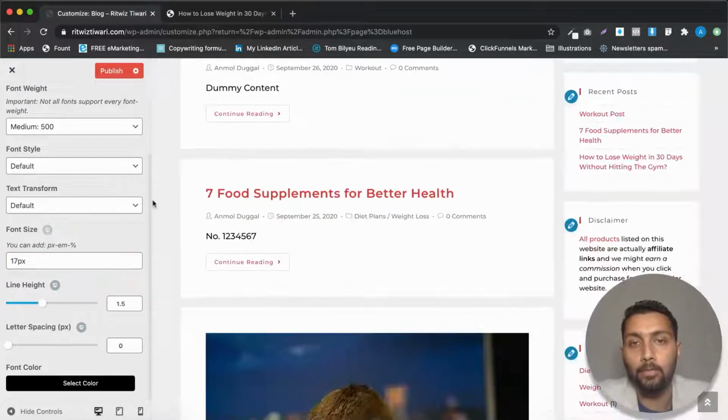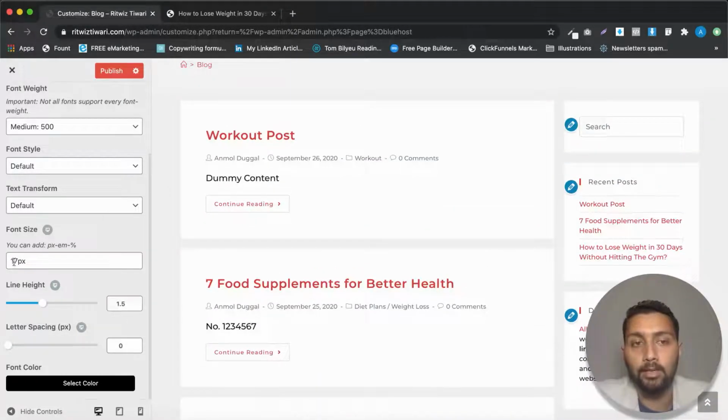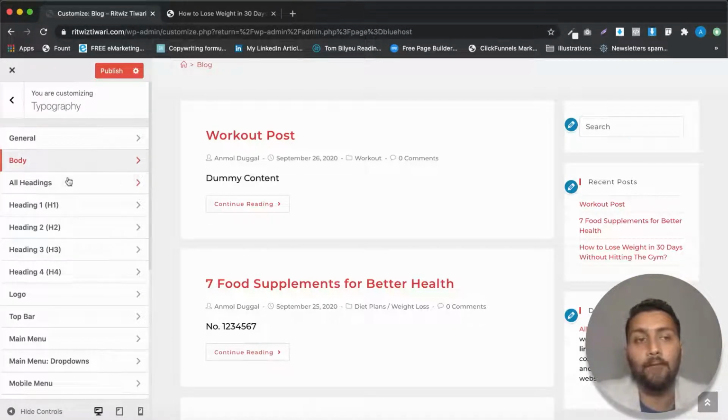But if I go back to the desktop version, it will again be 17 pixel, and you can see the value here. All right, so by clicking on these buttons, you can actually modify and design your website for all the screen sizes, for desktop, for tablet, and for mobile. See how cool it is and how easy it is for you to actually customize your website. And this you have to do only once.